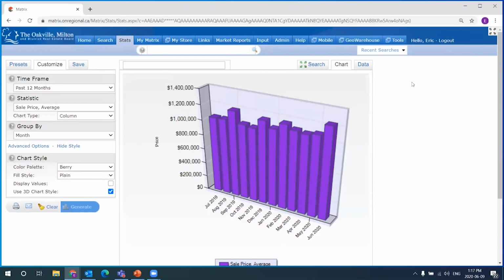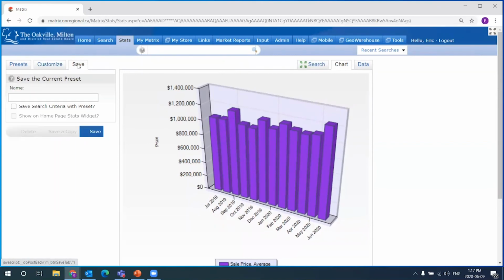So let's go ahead, and one final thing that I will show you is, because we did put a bit of work in, right? Had to kind of choose these options, chose our chart style and what we broke down in the search. Well, there is a saving function that you can make use of as well. Okay, so if we were to say that this was,